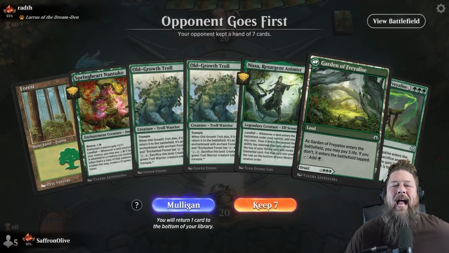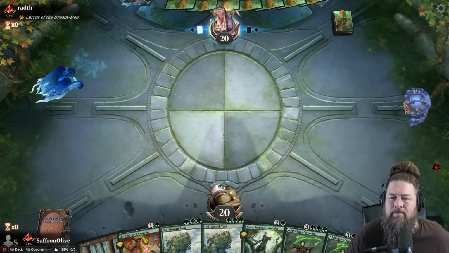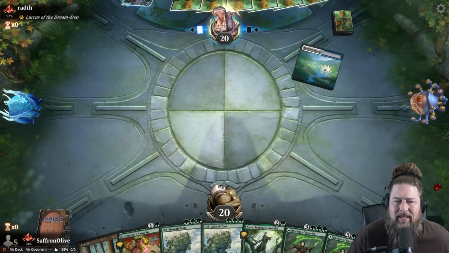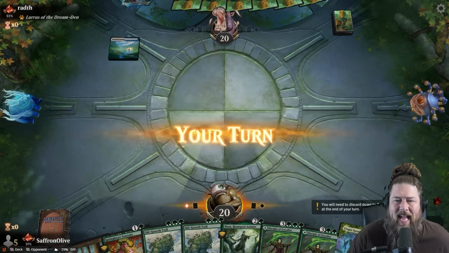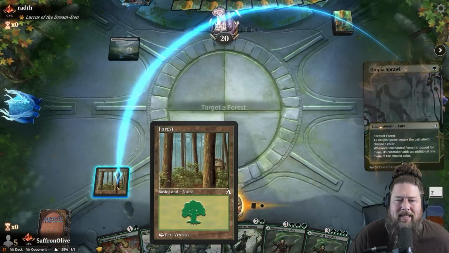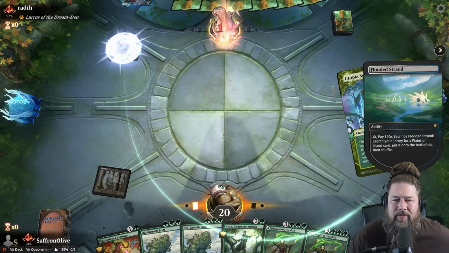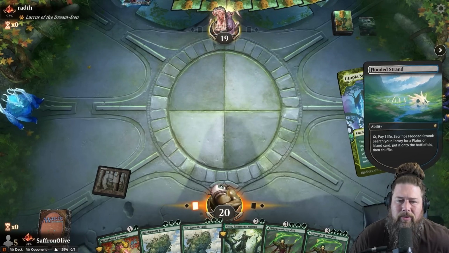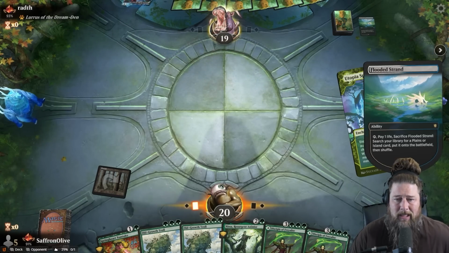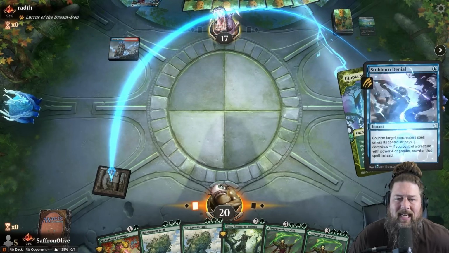We are trying to make infinite forests, and this hand, reasonably effective. Not very fast. Ooh, Utopia Sprawl actually speeds it up by a decent amount here. This lets us turn 2 an Old Growth Troll. Turn 3 an Old Growth Troll. If we ever draw a Nykthos, we're just party time. Old Growth Troll's cute with Disciple of Freyalise too. Sack it, draw cards, make...